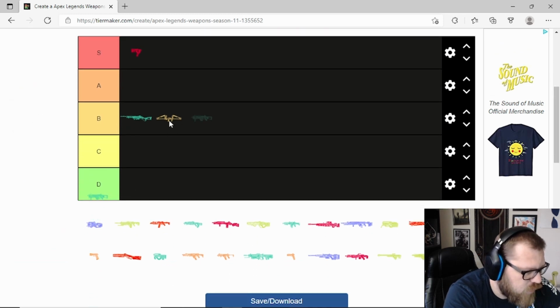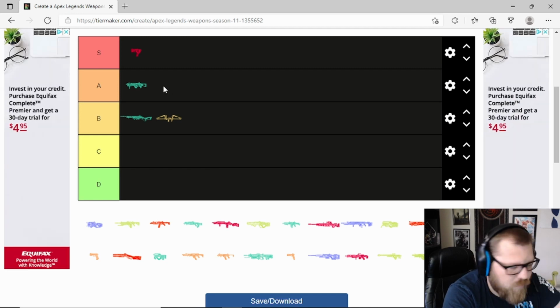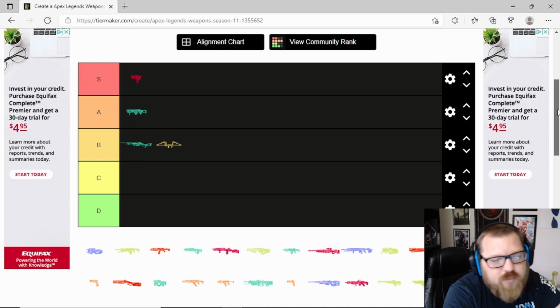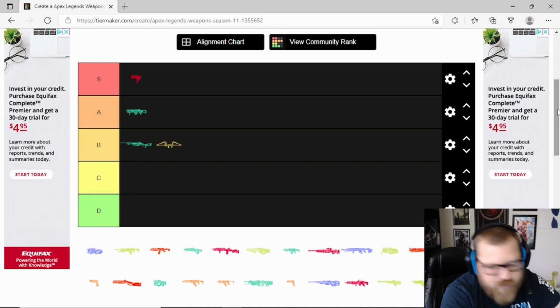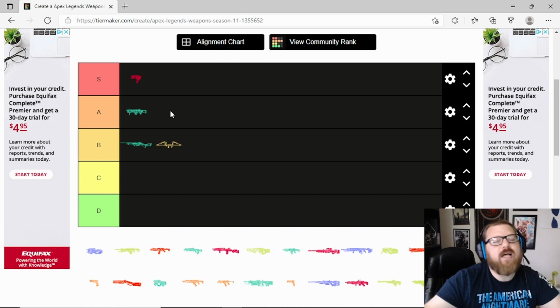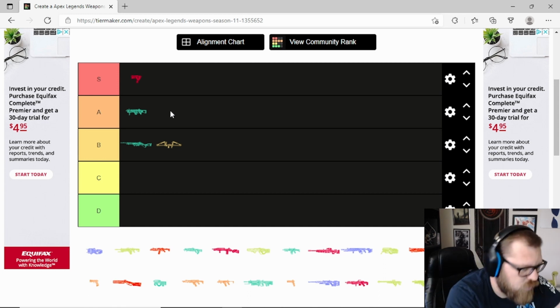This is the car. The car I think is A tier, and I think is currently the best ground loot SMG in the game. I think the separation between it and the Volt is not so great because they do slightly different things, but because of that, I think the car is A tier. Also, just FYI, I play on controller, so that might make a little bit of difference to my rankings as well. But I think the car is really fantastic,